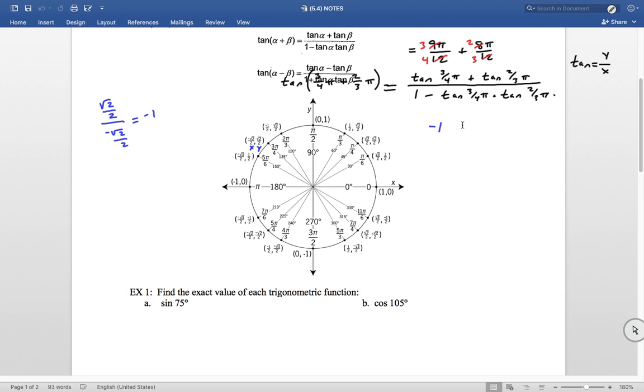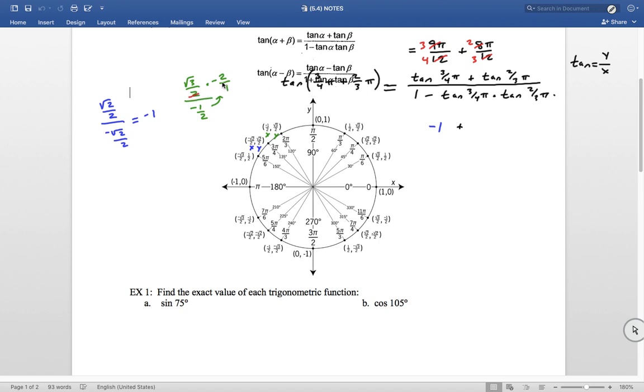What is the tangent of 2/3 pi? What's the tangent of 2/3 pi right there? Well, the tangent of 2/3 pi is also y over x, and that is rad 3 over 2 over -1/2. I'm getting the tangent of 2/3 pi, and I had to take y over x. Well, this is the same thing as multiplying by the reciprocal, so it's like multiplying by -2 over 1,